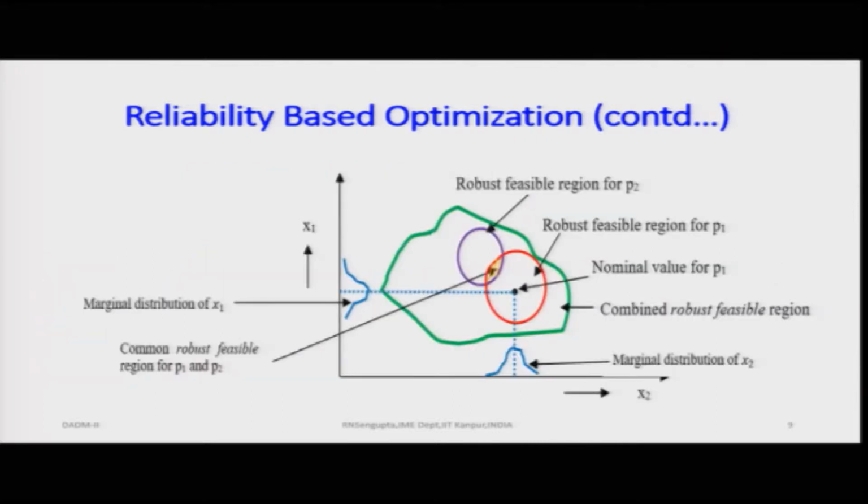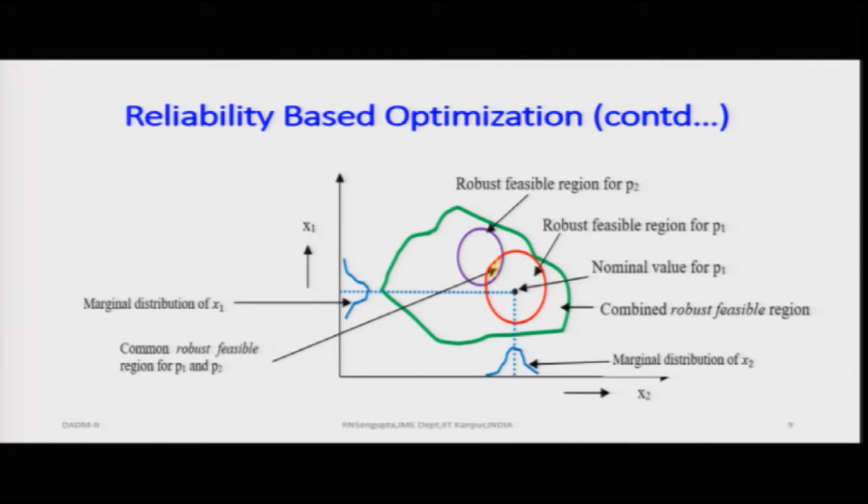Now, if I consider from the diagrammatic point of view, you are basically trying to solve the problem both from the reliability part as well as the robust part. So, with robust, you are trying to ensure that it will give you very good solutions, such that with the perturbation values being there, the overall solution does not change much. There would be some variances, but the variability would be as low as possible.